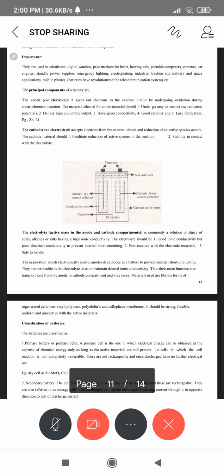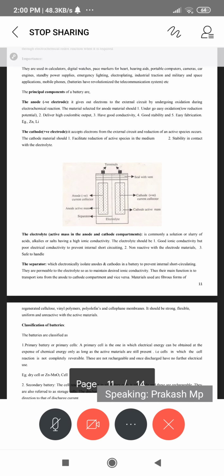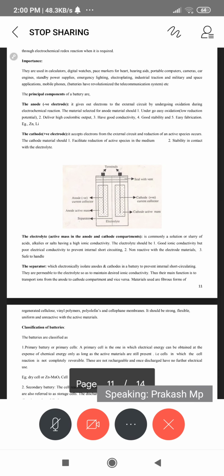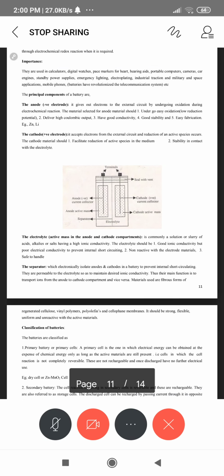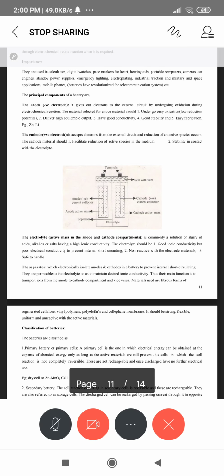In that, what type of improvement is still going on in the modern battery? Generally, at the time of the anodic reaction followed by the cathodic reaction, one byproduct is produced, that is water. Take the example of lead oxide batteries. In that, Pb is acting as the anode, and Pb oxide, lead oxide or lead sulfate, is acting as the cathode.